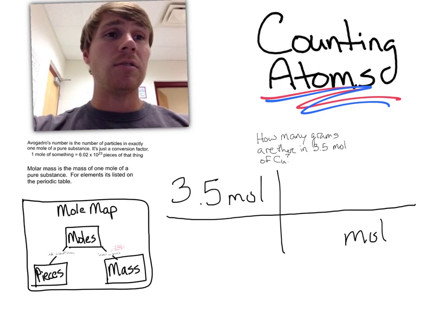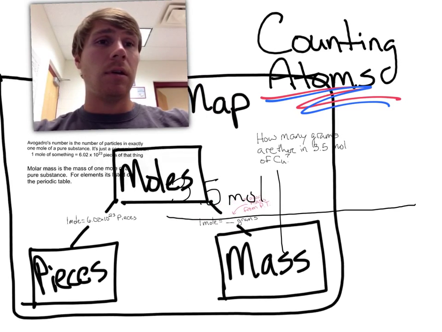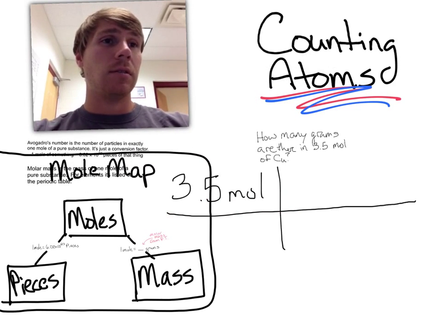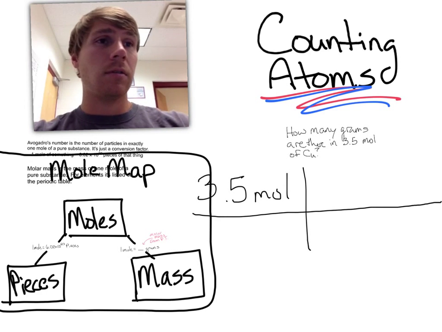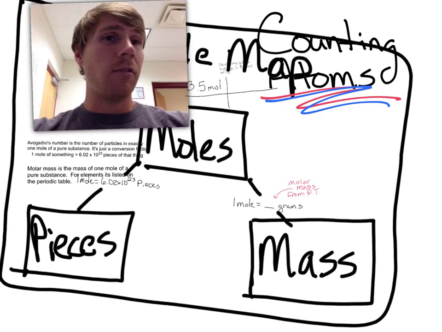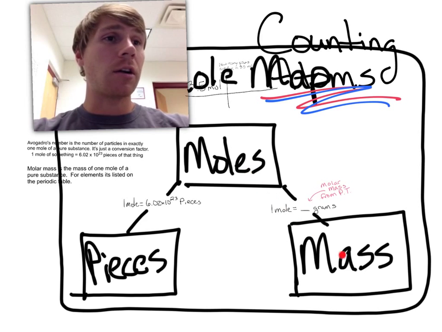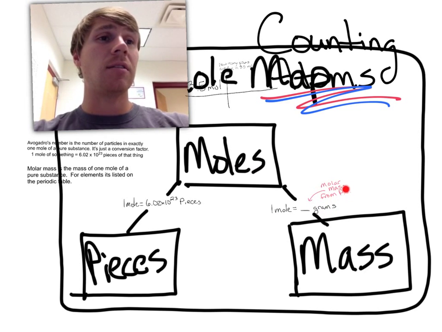Well, now here is where it's going to get kind of tricky. Guys, I'm going to make this big again. Okay, let's put those things off on the side. We'll come back to that. If we're going from moles to grams, notice that here's where we're at on our kind of road. We're going from moles to grams. We're going to use this conversion factor that's right in the middle, and that's 1 mole of copper equals blank grams of copper. You're going to notice that I put this little red thing in here that says molar mass